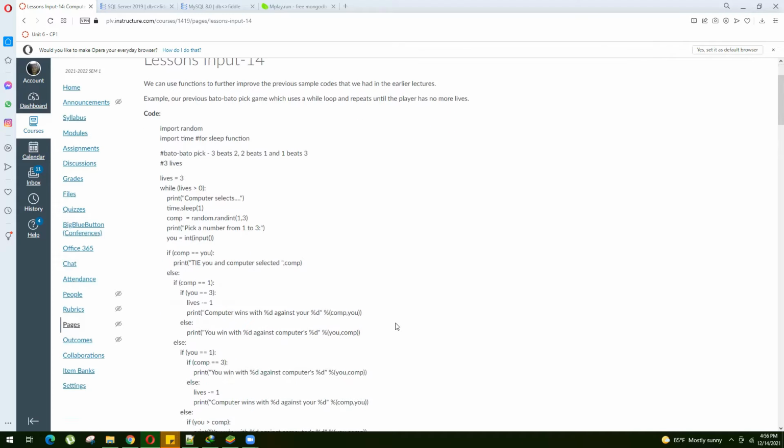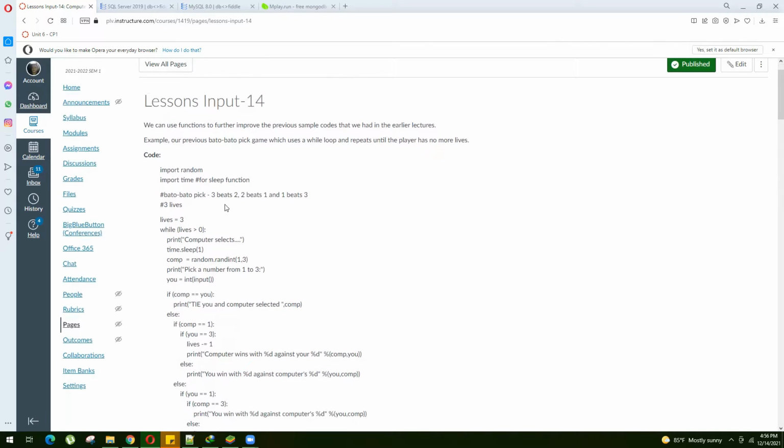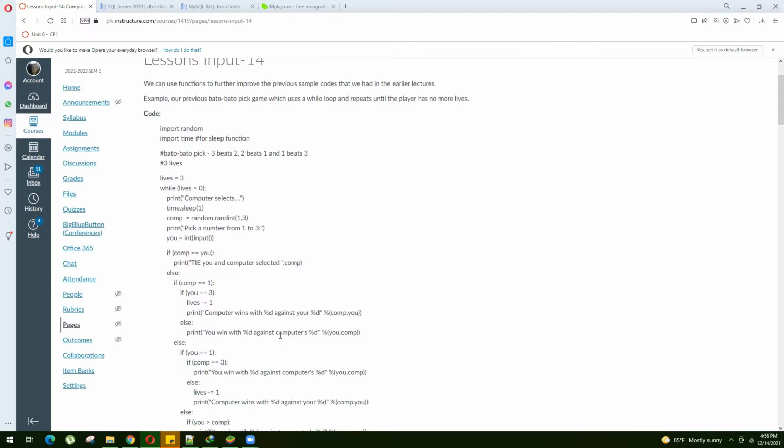Example, if you will recall, we made a bato-bato pick program wherein 3 beats 2, 2 beats 1, and 1 beats 3. Okay? It uses a while loop as well as the random and time library. And it repeats until the player has no more lives. Initially, the lives is set to 3. And then each and every time that the player is defeated by the computer, one life is taken away. Okay. Now, just to review,